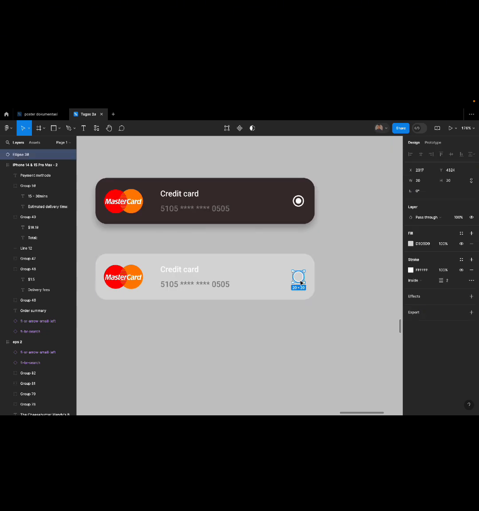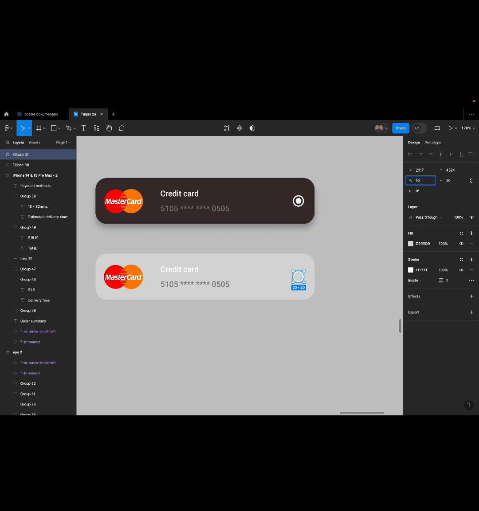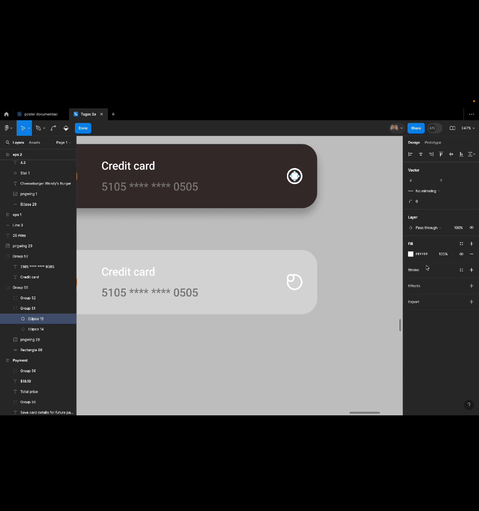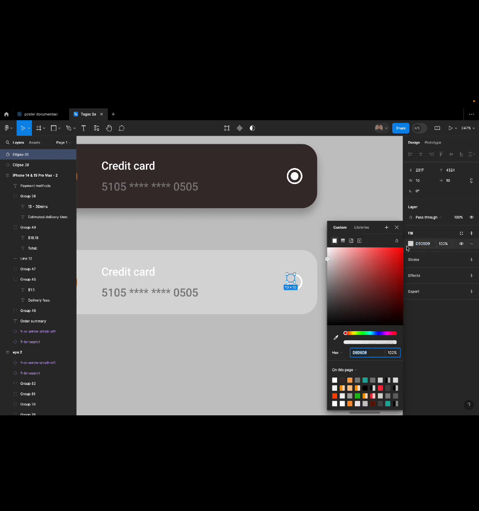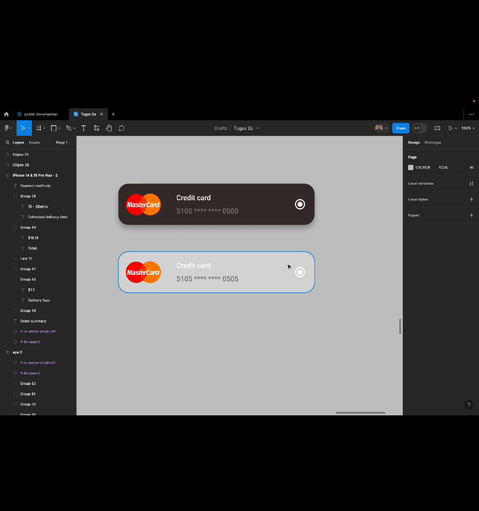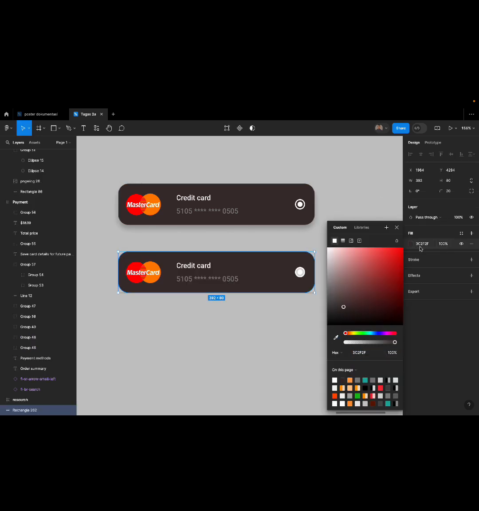Enough, and duplicate it and resize it to 10. Enter. With the fill and without the stroke, and fill is white. And customize the colors like this.